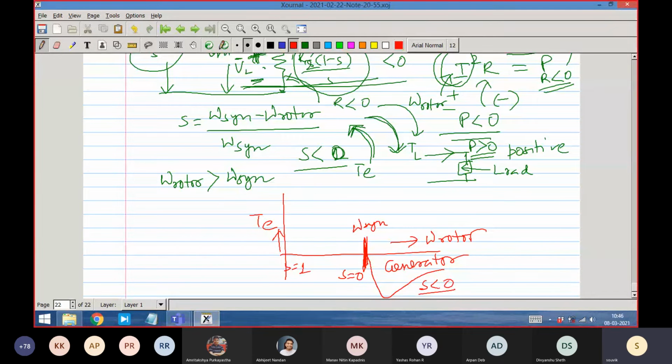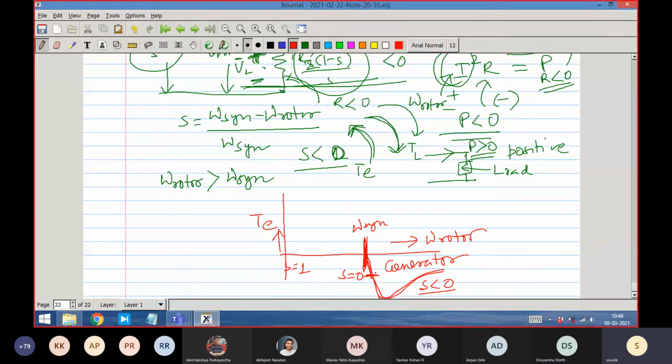But characteristics wise, the same kind of slope it will show. Because of the equation, if you look at it, the sum of the part is squared, so it doesn't matter. It will show the same. In fact, as I was telling you in the earlier class, this zone where slip is low, which is the more meaningful zone where we operate the machine, will never be operated. As a generator also it will not operate anywhere beyond this, because as a generator also you want to have a higher efficiency. And the generator equation, how does the power balance occur?